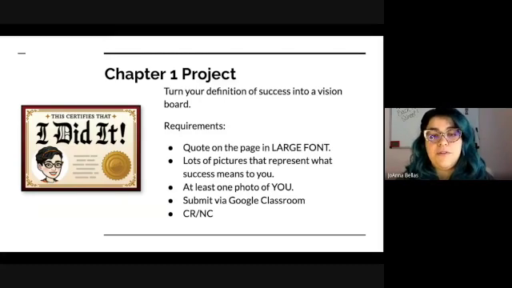You're going to put a lot of photos on there or a lot of doodles, whatever. Like if you like to draw, you can put doodles on there. You're going to put images of things that represent success to you. It needs to be completely covered. It needs to be like a collage. I don't want to see any white on there. Any background is what I mean.